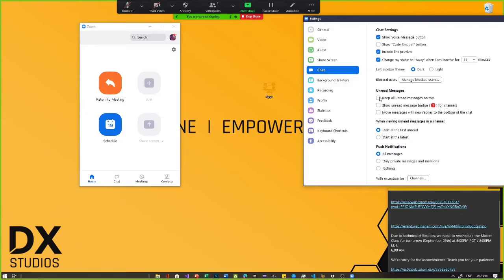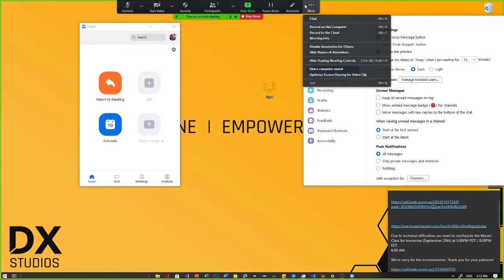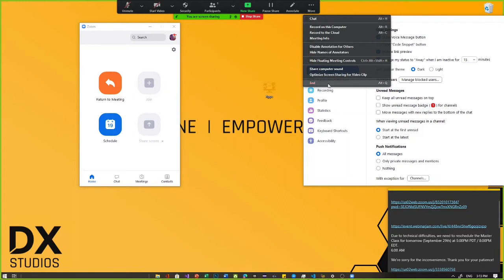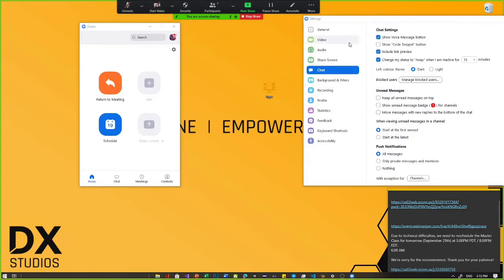So ano ba yung mga messages na hindi mo na-read? It's gonna show up here, it's gonna turn orange, and then you can see here chat kung sino man yung mga tao nag-chat. Then you're gonna see there unread siya. So show unread message badge 1 for channels. So if ever that merong iba-ibang channels siya dito, like for example sa breakout room, ganun, it's going to show